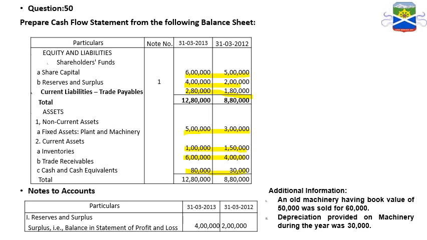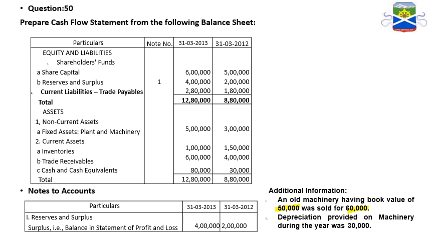Now we have reserve and surplus given, of which the profit and loss closing and opening balances are given as 4 lakhs and 2 lakhs, and additional information is given based on that. Old machinery whose book value is given as 50,000 was sold for 60,000. So now we have a profit. I hope you understood. Book value is 50,000, but we are selling at 60,000, and that is a 10,000